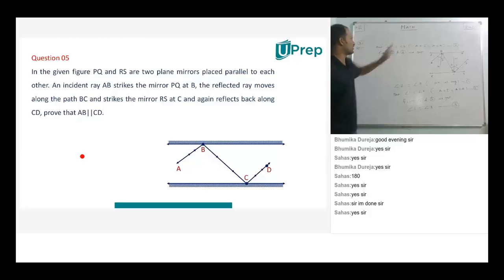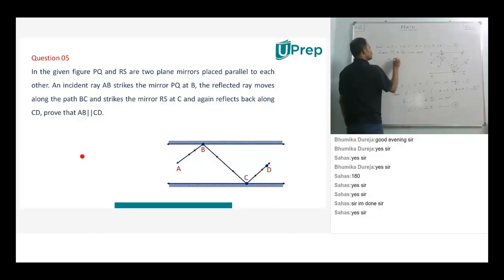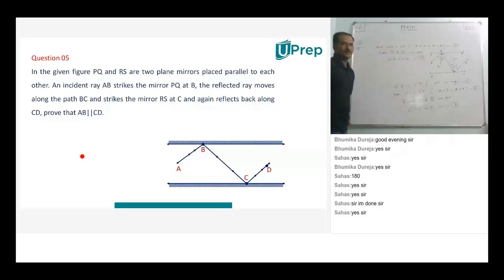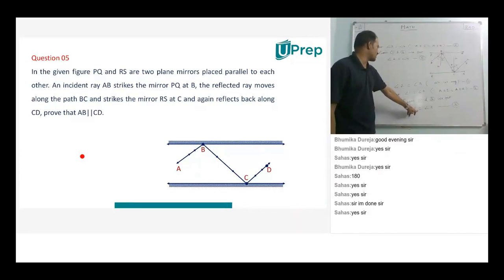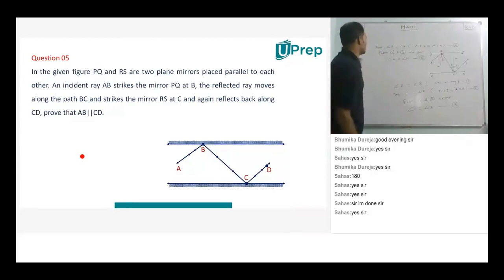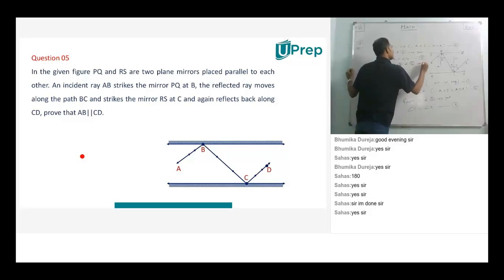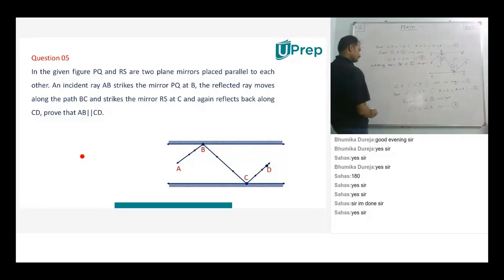So from these two equations what do we get? Angle 2 will be equal to angle 4. Mark it as equation 5. Now let us add the third equation and the fifth equation. Adding equations 3 and 5, we get